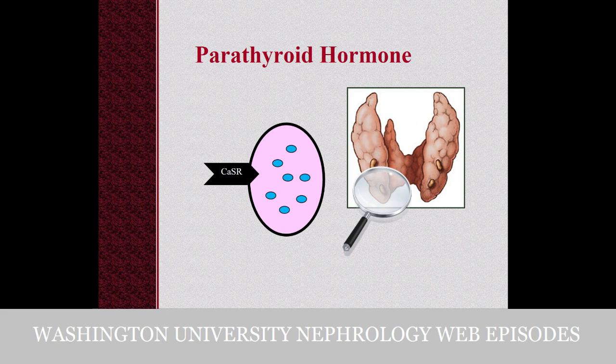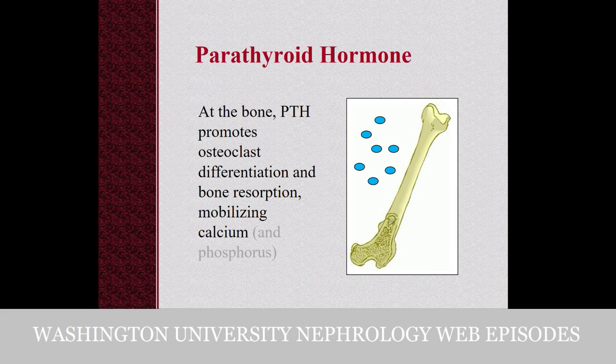However, if you have calcium deficiency, now your inhibition is lost, and this cell will, in other words, detect there is calcium deficiency and release the preformed PTH as well as produce additional parathyroid hormone. This PTH will act at the bone. Here we see where the parathyroid hormone will promote osteoclast differentiation as well as bone resorption, which will mobilize the